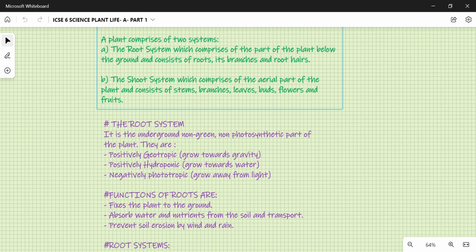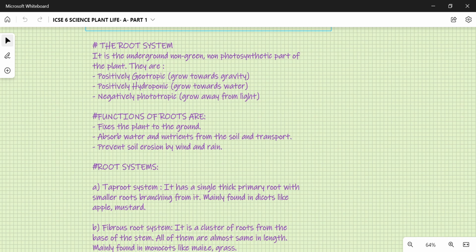We'll start discussing the root system first. It is an underground, non-green and non-photosynthetic part of the plant. Non-photosynthetic means it actively does not participate in the process of photosynthesis. They are positively geotropic, which means they grow towards gravity. They are positively hydrotropic, that means they grow towards water, but negatively phototropic, that means they grow away from the